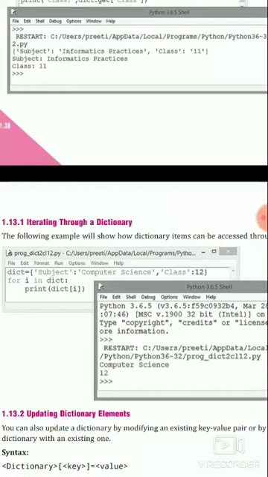So we run a for loop: for i in dict, print dict i. It gives us the values according to the keys. When we run the program we get computer science, the value of the first key, and 12, the value of the second key.